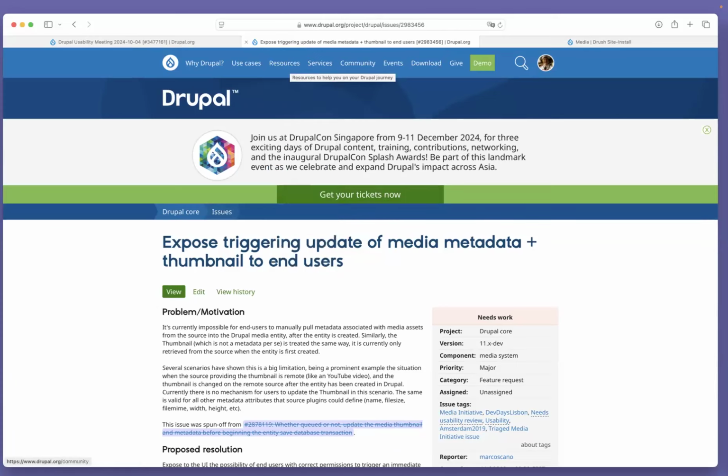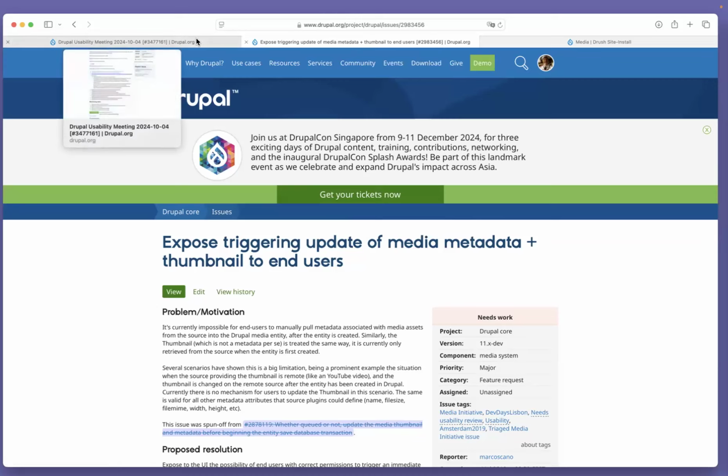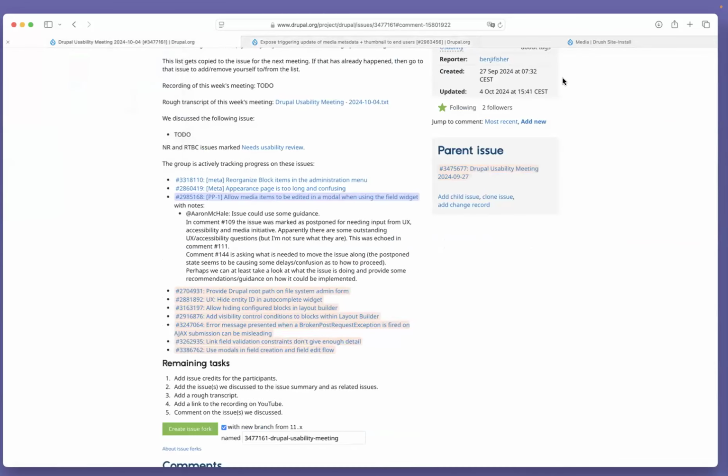I've asked on the Slack channel, but we haven't come to a conclusion yet. So I thought it's the better choice to quickly discuss in the first 5 to 10 minutes of today's meeting, and then go on to another issue.